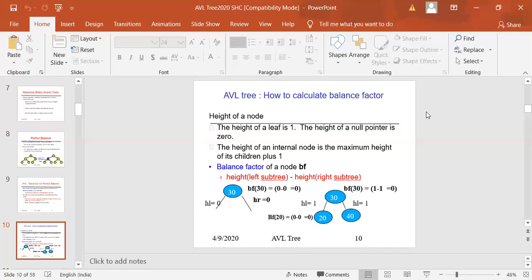Okay. So first we should understand how to calculate the balance factor. Everybody understood this? In this way we are going to first calculate the balance factor. And if you find that the balance factor of any node is not 1, 0 or minus 1, it is not lying within this range, then there is an imbalance somewhere and we have to start the balancing of the tree. This is clear?